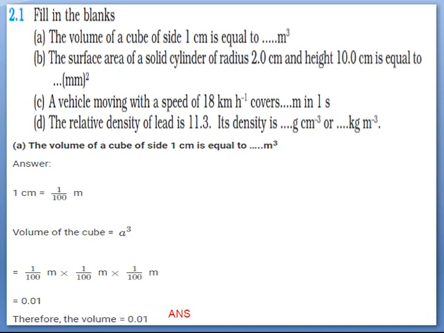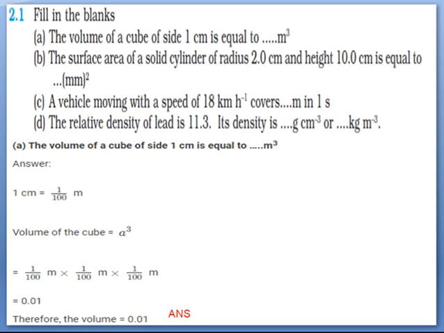So dear students, as you all know that 100 centimeter is equal to 1 meter, or we can say that 1 centimeter is equal to 1 upon 100 meter, and you know the formula of volume of cube of side a is a cube. So a is here 1 upon 100 meter, so volume of cube in meter cube will be 1 upon 100 meter into 1 upon 100 meter into 1 upon 100 meter is equal to 1 upon how much? It will become